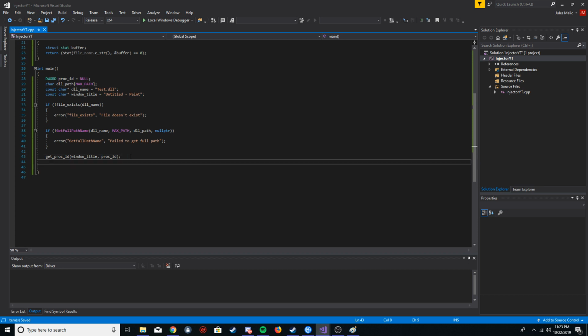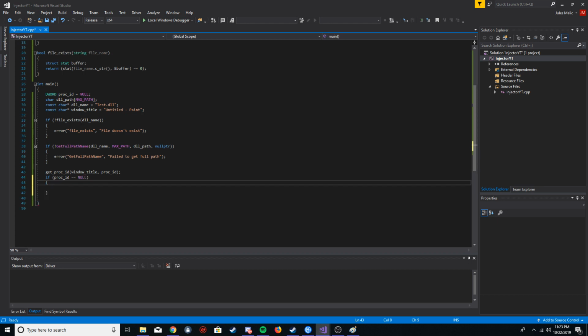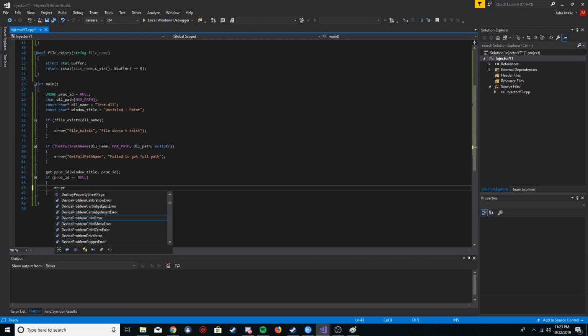So once we get the process ID, we're going to check if it actually worked. We're going to say if process ID is still null, which means, since we set it to null up here and then we call the function, if this function didn't change the value of it at all, it failed, and we're just going to throw an error. So we're going to say